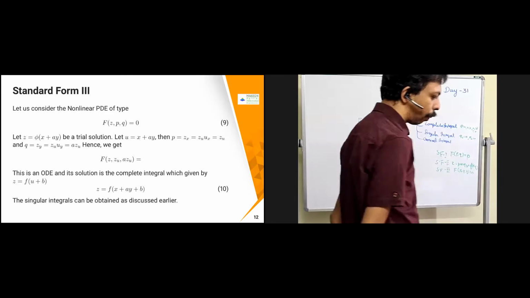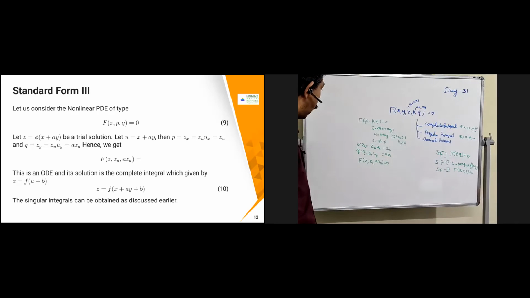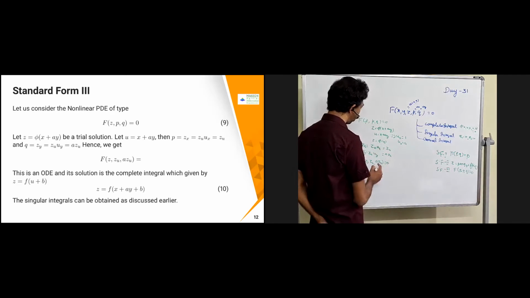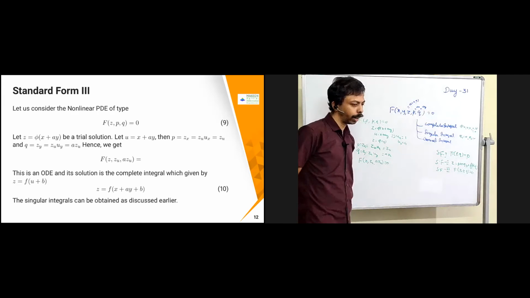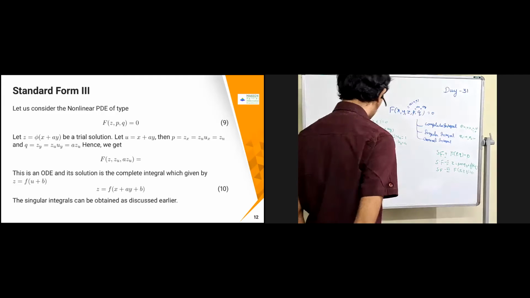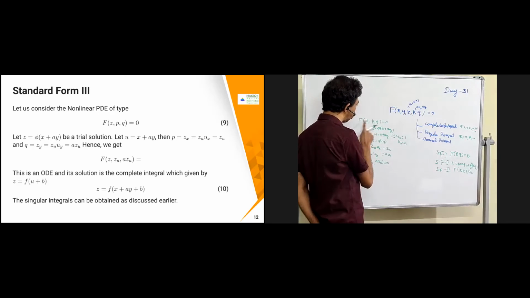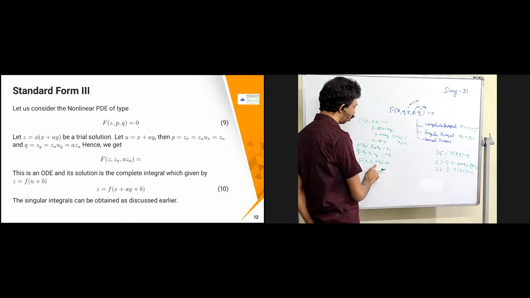Fine. So therefore, what you are going to get, this is of the form... Okay, so we have only two things here. It's a complete integral. What is it going to come? It is going to become z equal to... Since only two terms are there, this is something similar to what we get as a simple ODE. It is not a PDE now. It is a simple ODE because my function has only one variable now. Only z_u is there, there is no x and y. Only z_u is there. That means it is a function of u.